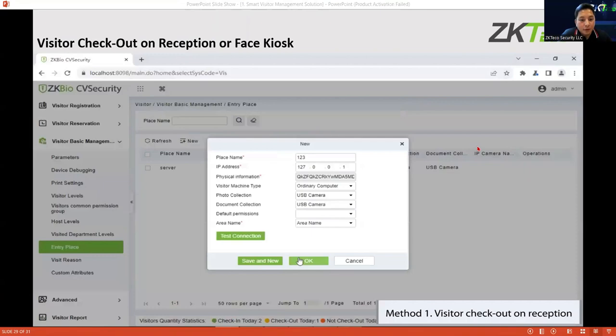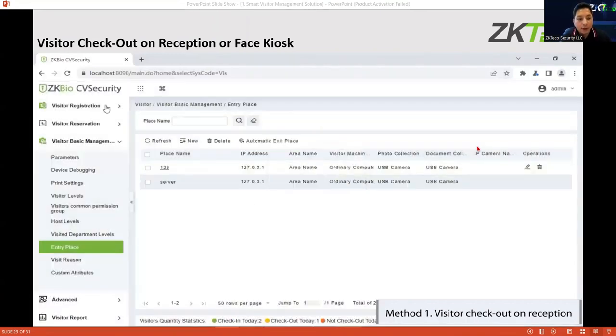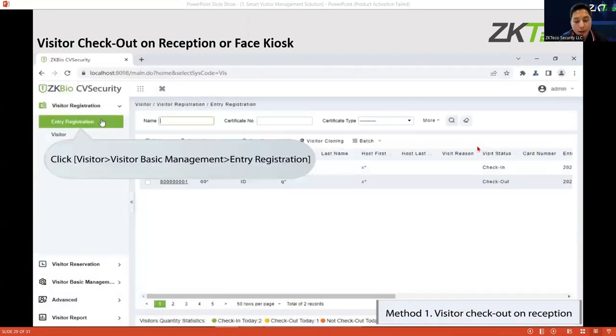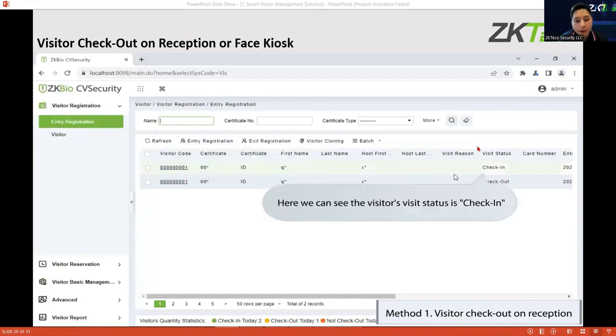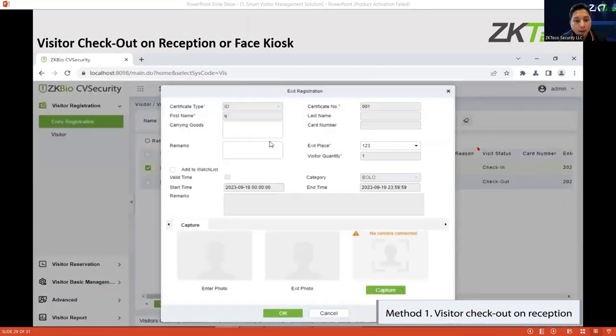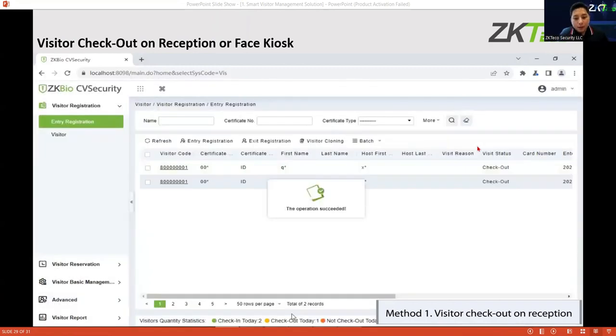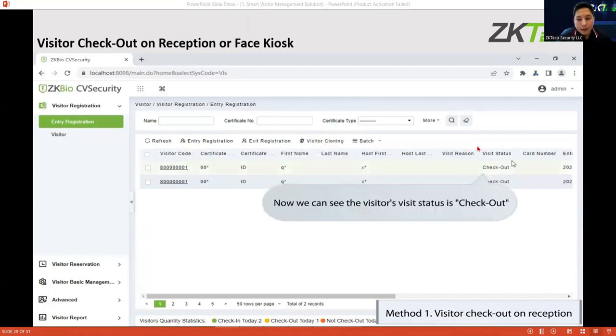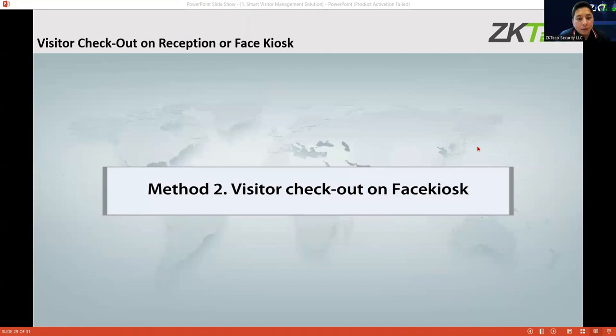First of all, you just need to make sure that the face kiosk is already registered on the software so that it can be used. So you can click the employee and then exit registration. So see, the employee already checked out.